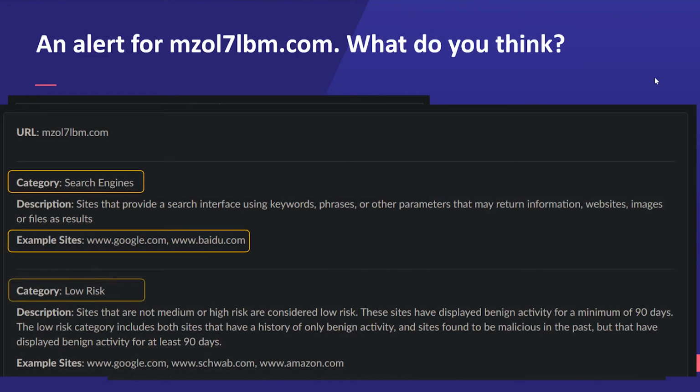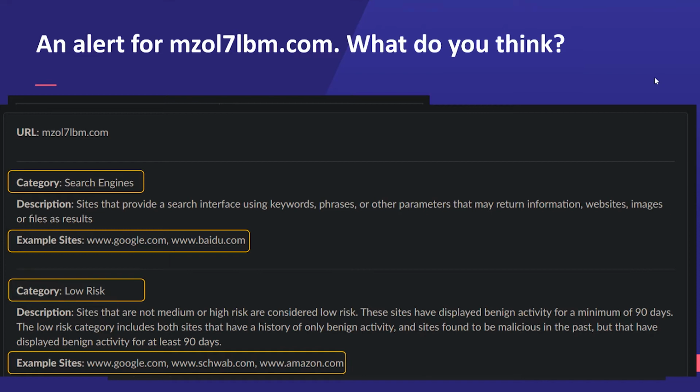And in fact, when we go look at the reputation databases of some very large companies out there, one of the largest or most common next-gen firewall companies out there, which of course next-gen firewalls utilize domain reputation, and we look at the reputation of this domain across those types of systems. What we see is that they all come back and say no problem. This is a lot like Google or Schwab or Amazon.com. So, the more you search, the more it looks okay.